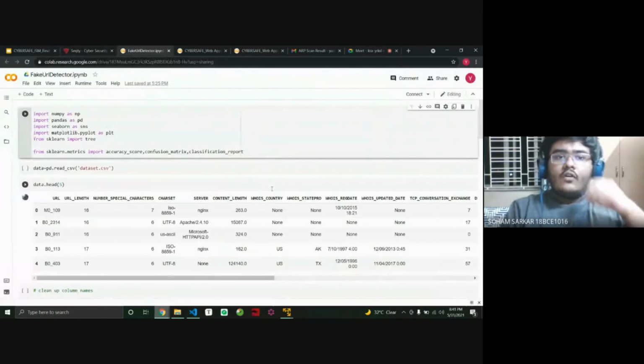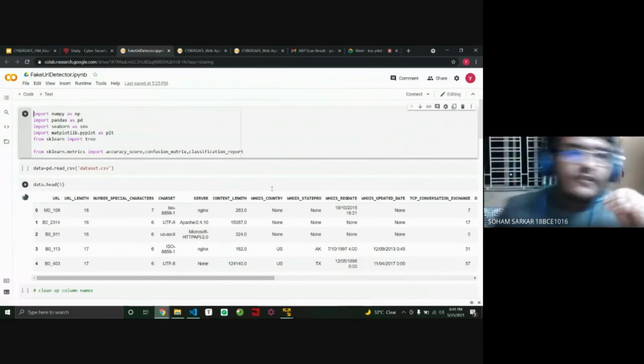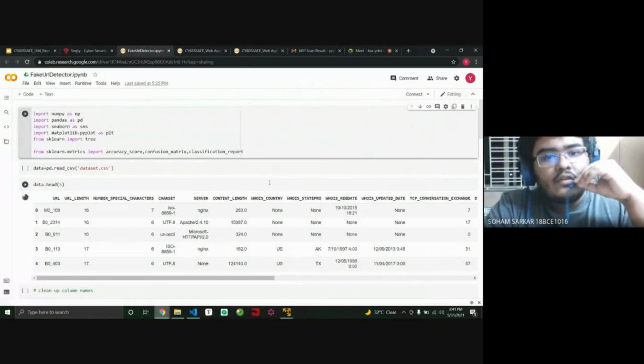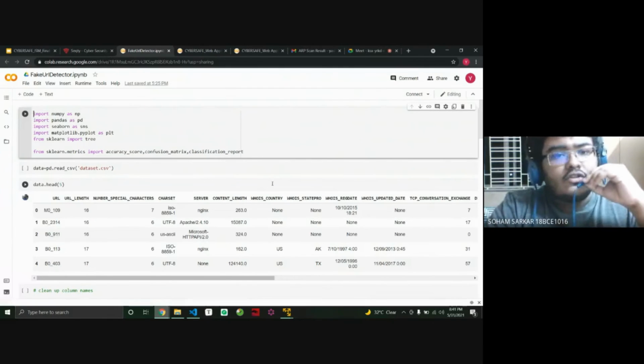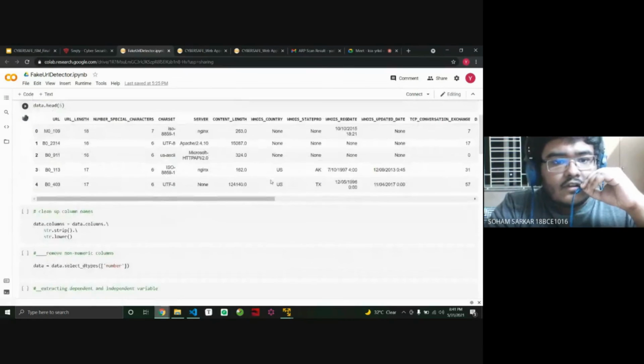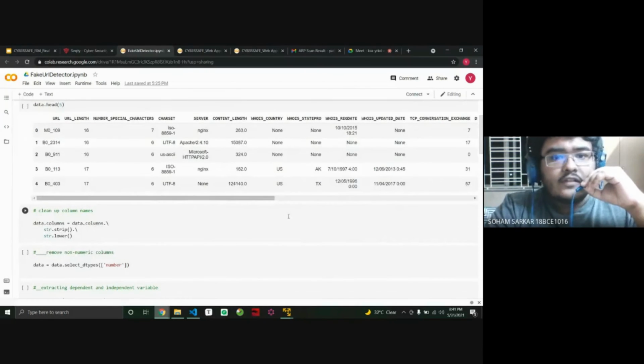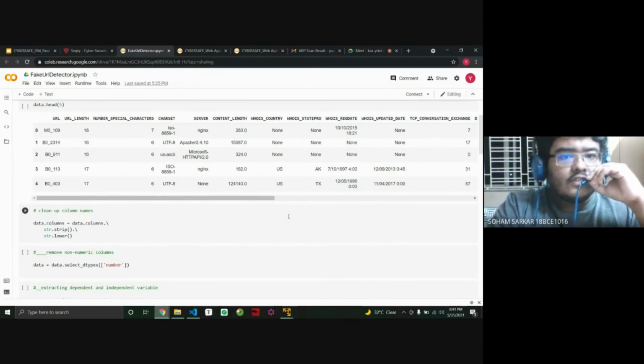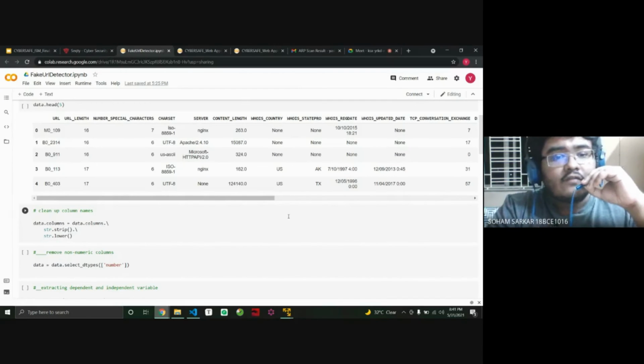Yeah, so basically this was the first fake URL detector code that we implemented. This was a much more robust code which considered factors like URL length, then which country the URL actually came from, as you can see from the data set. How this code worked is that instead of doing string comparisons, it found similarities in the whole data set, and it converted the whole data set into numbers. So the data set was cleaned.